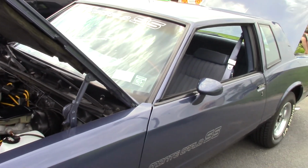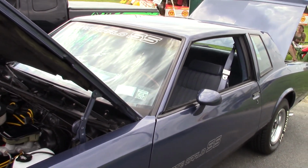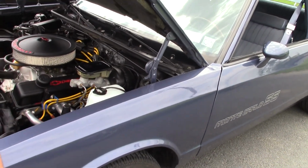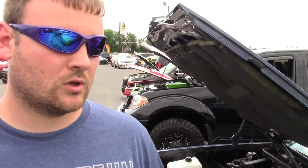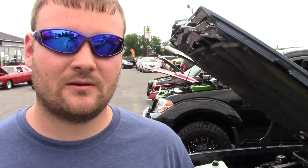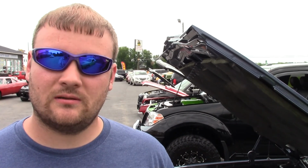Okay. So this is a cruise-in. That's different than a car show, isn't it? Yep. Basically, a cruise-in's just to get together. Everybody brings their cars. There's no trophies or awards or judging. Do you have to pay a fee to park it? Nope. Pull it in and park. Park wherever you want, pretty much, and just basically hang out with everybody, have a good time,